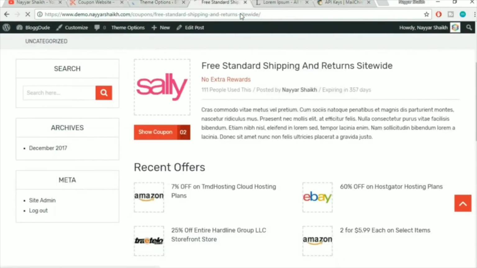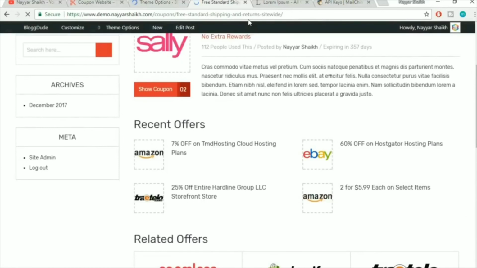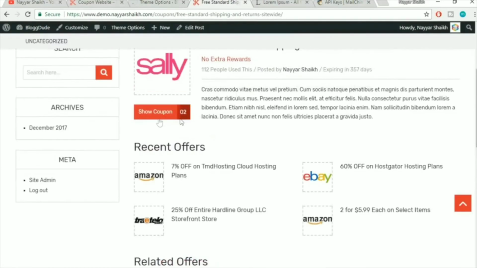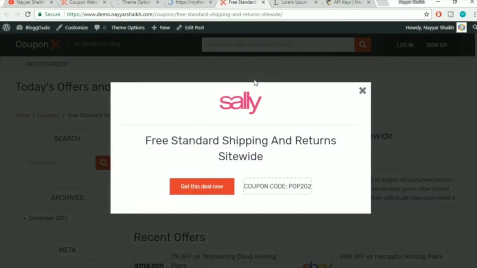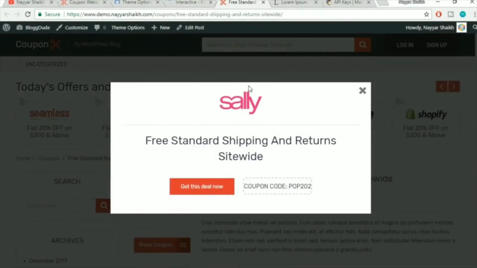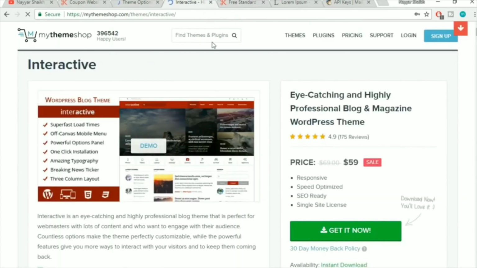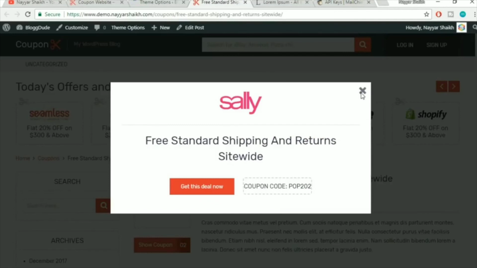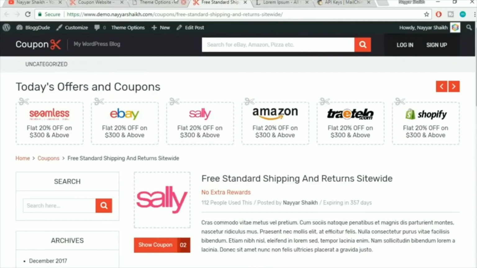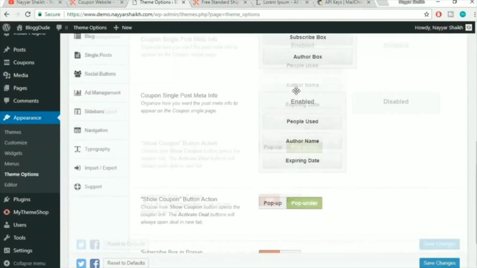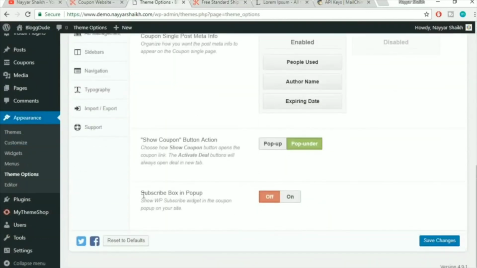So let's see how the pop under works. Okay, let's refresh this website again. Now again, let's click on this button. Okay, as you can see, now what happened is we opened a new tab, but that tab is open in the background, and we are on this page. So this is also very helpful. Both things are almost the same. Okay, now you can close this, and we should have one more option. Yeah, this is the one,